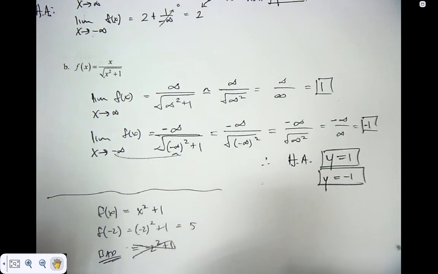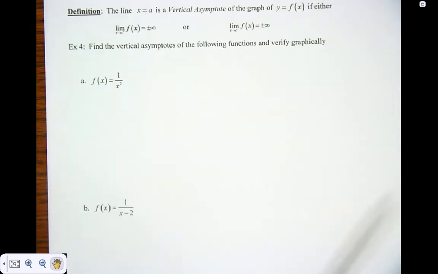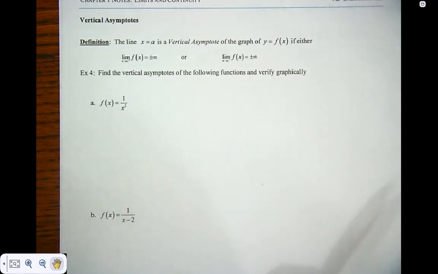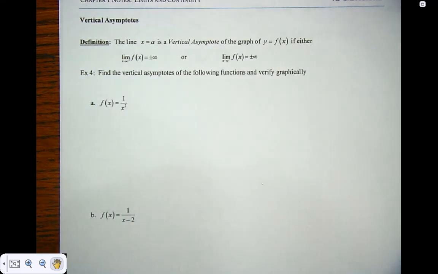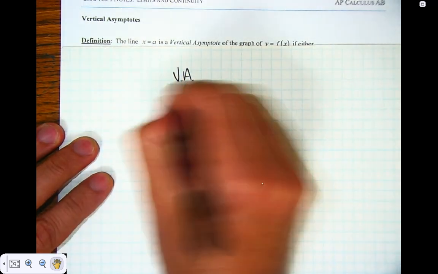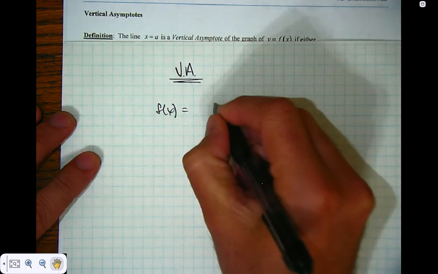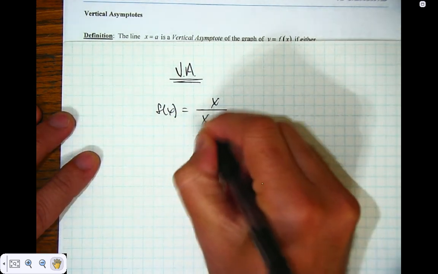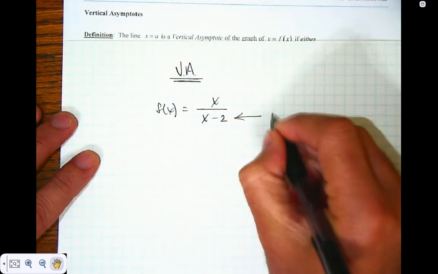Okay? All right. So in addition to horizontal asymptotes, we have vertical asymptotes. Okay? And reading this type of theorem, or definition, is not necessarily intuitive. So I'll start real quick with something that you know to be true. Okay, so I think you guys hopefully are all very familiar with vertical asymptotes. If I was to give you guys in pre-calculus a function that was, let's say, x over x minus 2, okay? This denominator, this is bad,